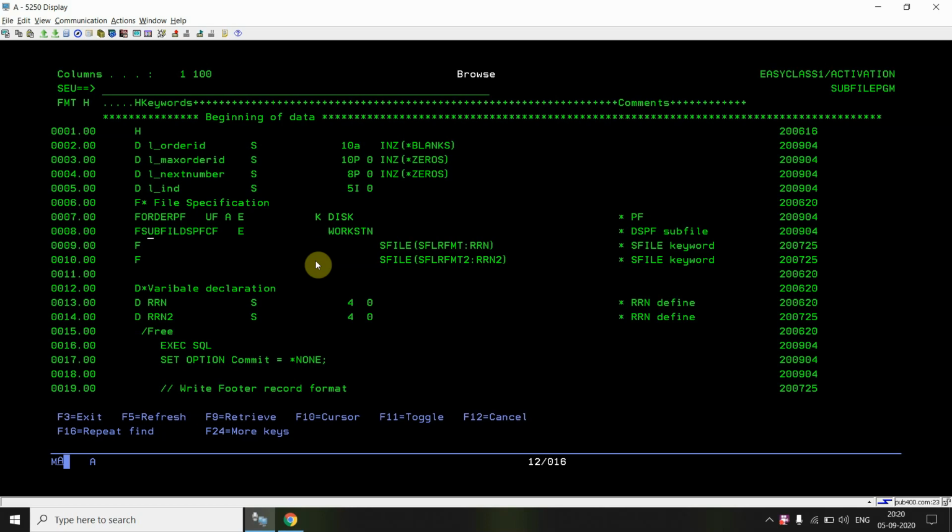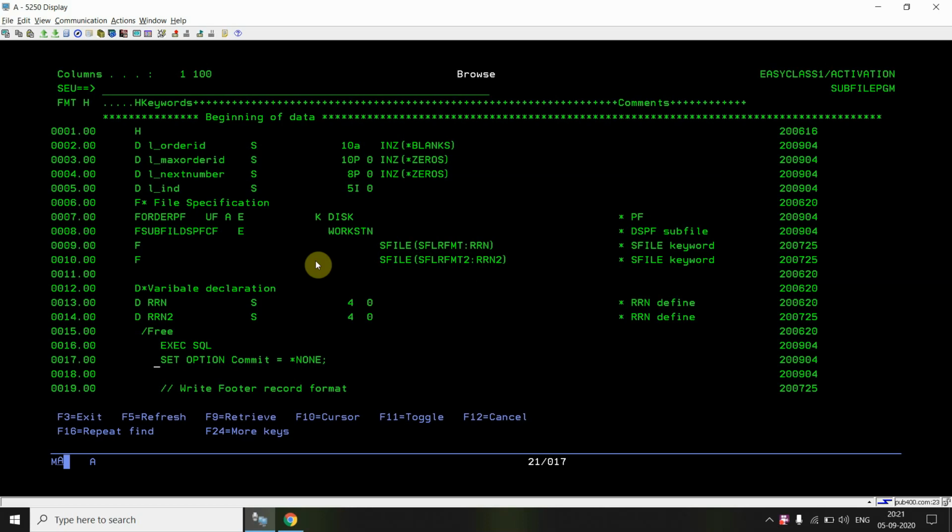And this is the workstation file, meaning a device file, SUBFILE DSPF. This is defined in combined mode and workstation is used with that. Since I am defining two subfile formats, you can see the same with SFILE, I am defining the two subfile formats with RRN and RRN2, and I define those RRNs also here, as you can see.